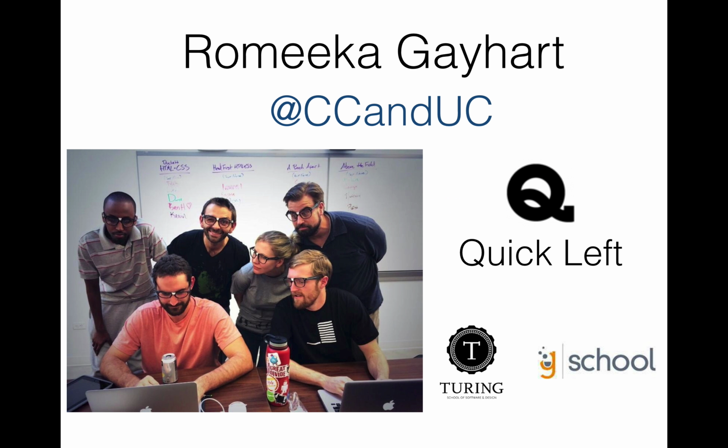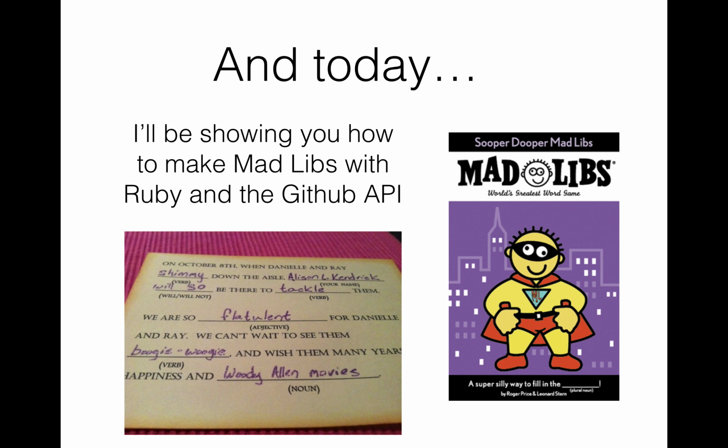So a little bit about myself. As I said before, my name is Ramika Gayhart. You can find me on Twitter at CC and UC, and I'm currently employed at a web development consultancy here in Boulder called QuickLeft. I'm also a graduate of G School prior to the Turing G School split, so I get to say I'm a double alum. Today I'm going to be showing you how to make Mad Libs with Ruby and the GitHub